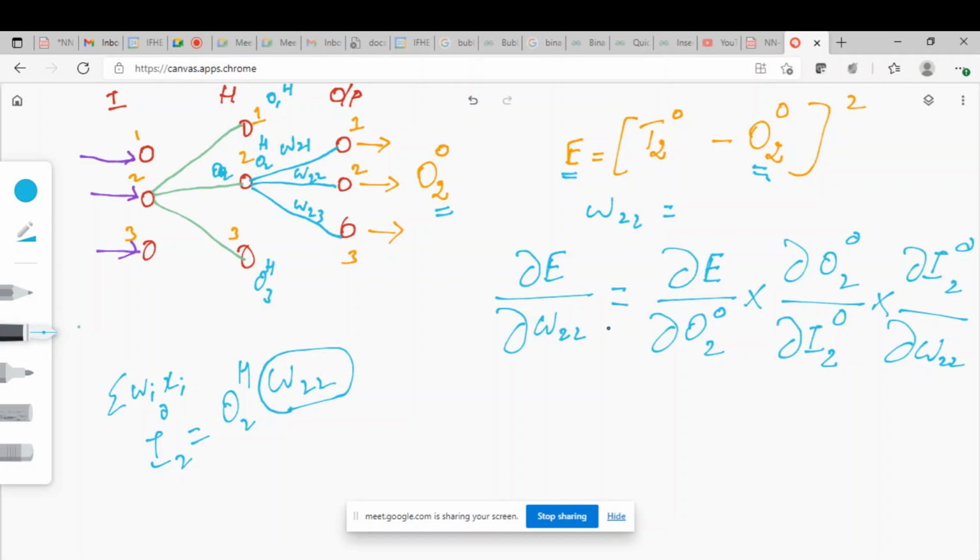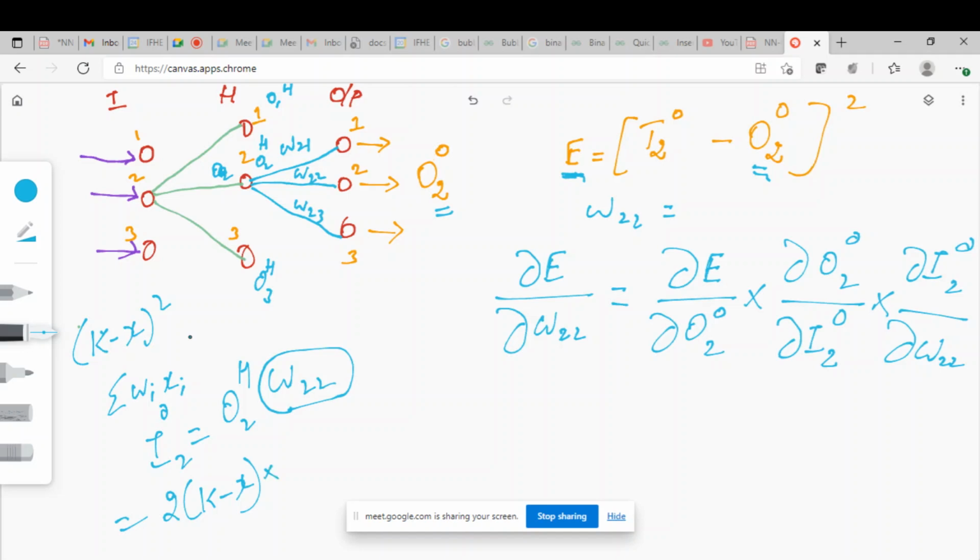Then you have to solve this equation. Which means that first we have to take the derivative of this. So it is dou E by dou O2. So if you take the derivative of this, what will you get? Here we are going to take the derivative with respect to O2. You can consider this to be of the form k minus x the whole squared. If you take the derivative of this, what will you get? You will get 2 into k minus x, and then you have to take the derivative of x. What will be the derivative of x?